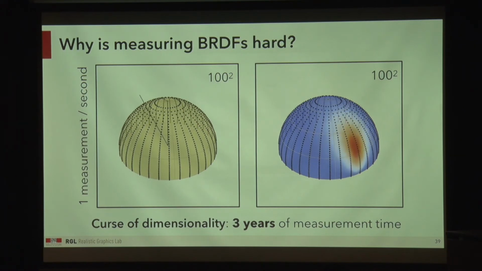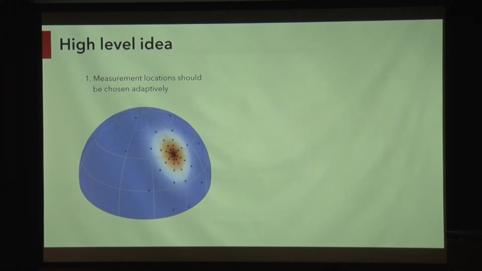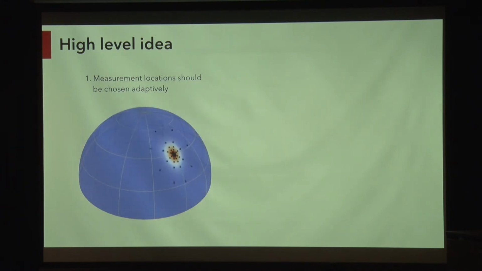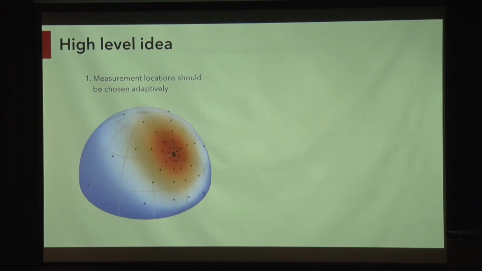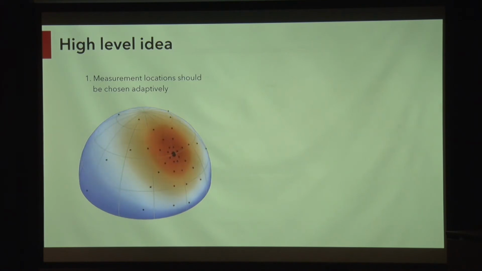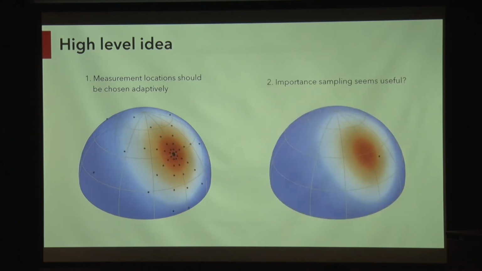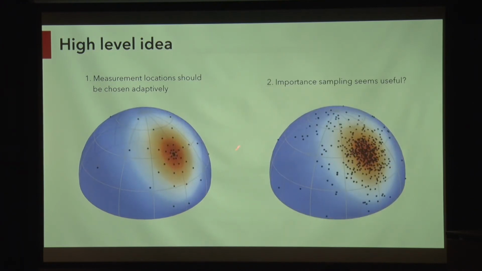So what do we do differently? Our high-level idea is that where we want to measure the material is actually different depending on what it is that we want to measure. So for instance, for a piece of paper, that's very diffuse, we want to measure more broadly. Whereas if we measure something that's like a mirror, then we probably only want to measure close to the mirror reflection. And the second observation is that in rendering algorithms, there's one operation that we have to provide,